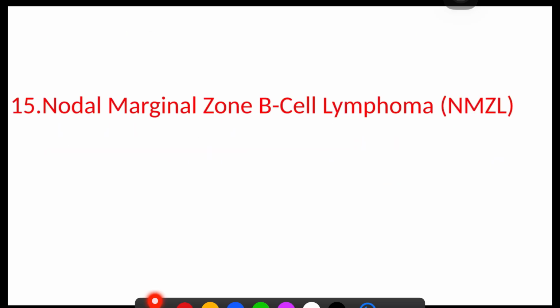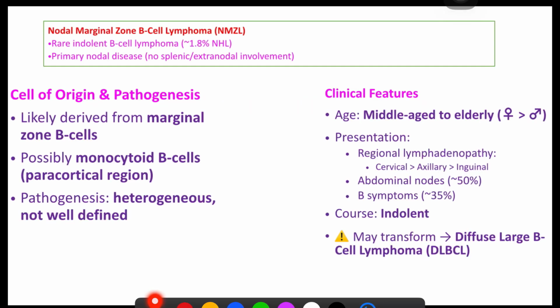Now, nodal marginal zone B cell lymphoma, NMZL, which is a rare indolent B cell lymphoma, which is 1.8% of non-Hodgkin's lymphoma. This is primary nodal disease, no splenic or extranodal involvement is seen. It is likely derived from marginal zone B cells and possibly monocytoid B cells. So, it is suggestive of paracortical origin, and pathogenesis is heterogeneous, not well defined. Middle-aged to elderly persons are mainly involved, and